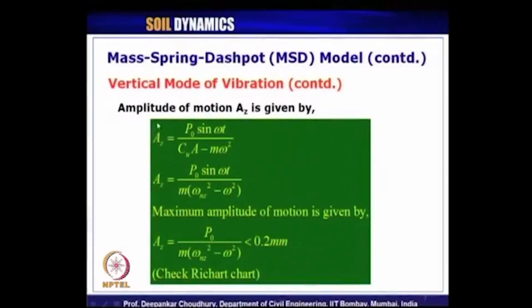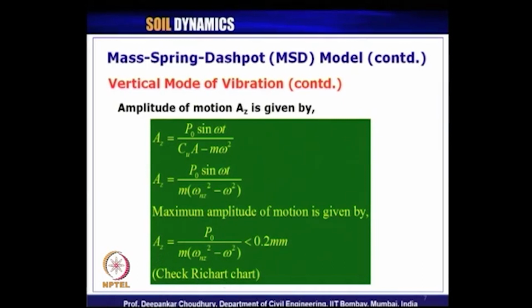Then we had seen the basic expression to compute the amplitude of motion in the vertical direction. A z is given by this expression, and from this we get the maximum amplitude, where the sine term should be considered 1. So, A z becomes P naught by m times omega n z square minus omega square. It should be less than 0.2 mm as per the IS design code specification. Also, this A z value has to be checked using the Richards chart,